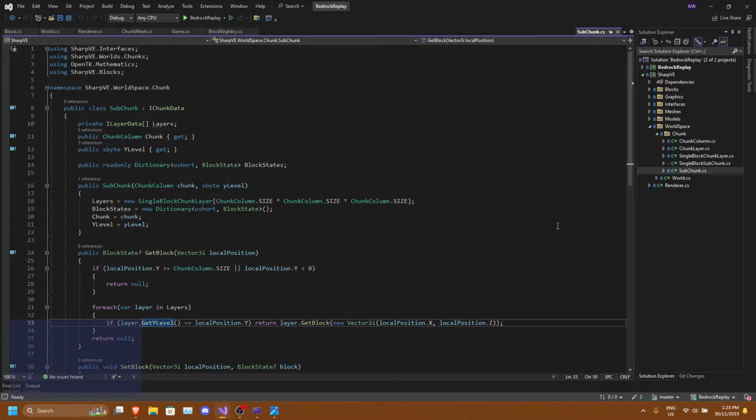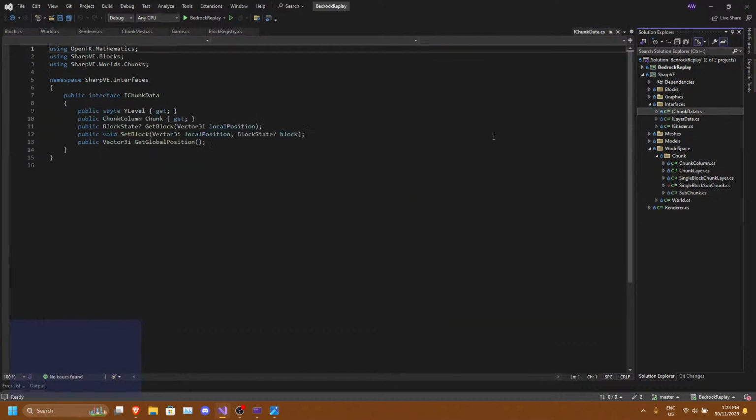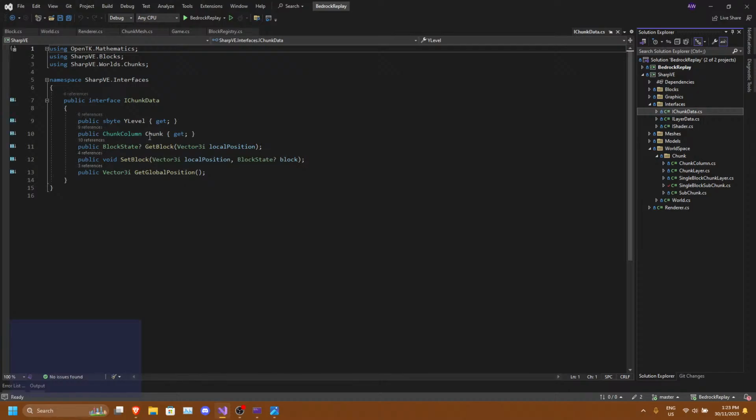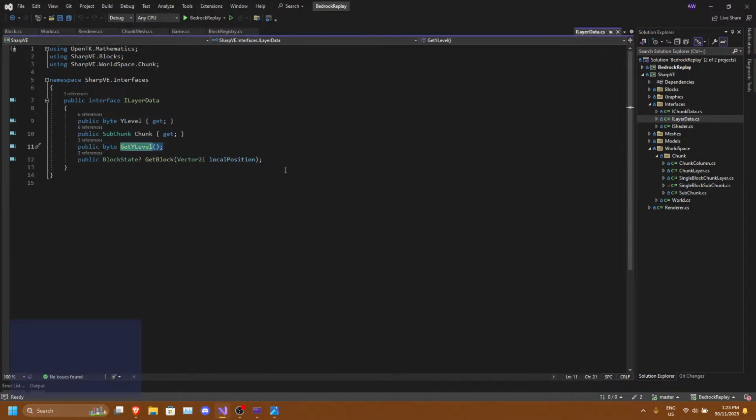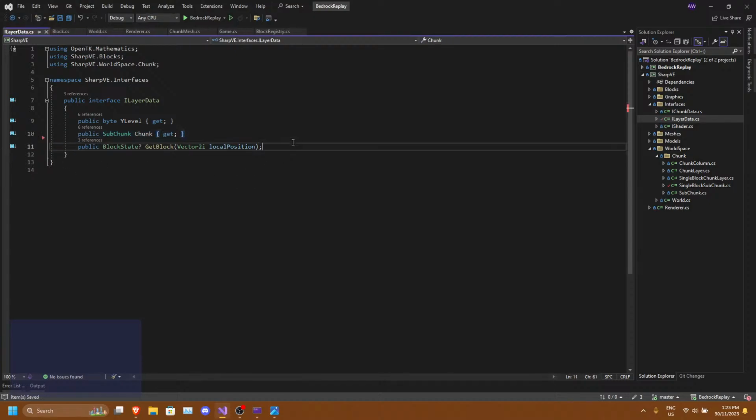And I'm going to have to change this so it's a bit more in line with how this works. Alright, so it's a byte. We know it's a byte, and then we just do... We don't need that.